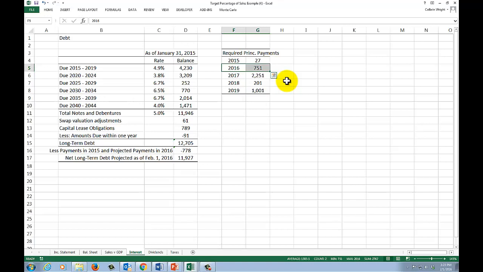These companies have fiscal year ends, most of these big box retailers, January 31st. So the most recent financial statements that I have are for the period ending January 31st, 2015. I'm trying to forecast the period ending January 31st, 2016. This is how much debt they're going to have to pay in the year 2016. So as of January 31st, 2016, that's a pretty good estimate for the current portion of long-term debt.